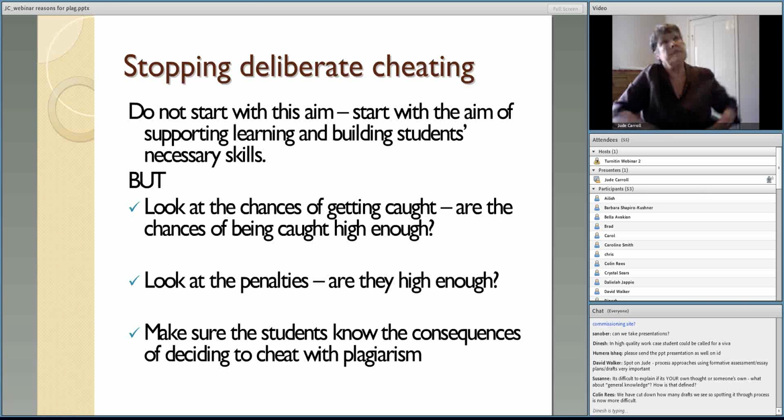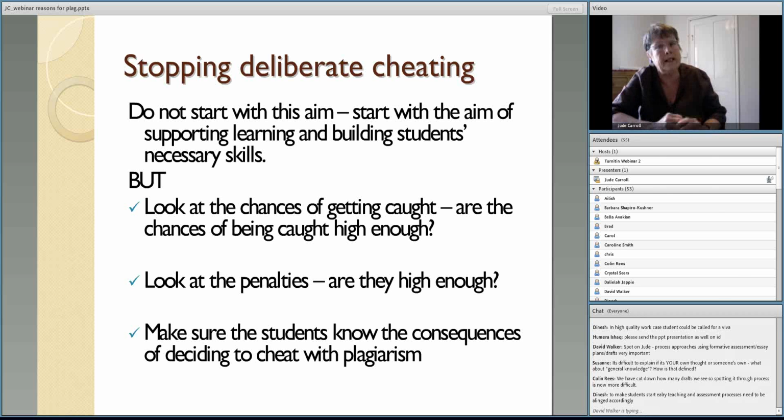Yeah. That's a difficult one. And certainly Thomas Lancaster, who has studied this for quite a long time, it's worth looking at some of his work if you're particularly interested in dealing with contract cheating. Thomas Lancaster, and I've got a list of resources at the end of this PowerPoint, and it mentions his work with Bob as well. If you're trying to find out whether students are using contract cheating sites, probably